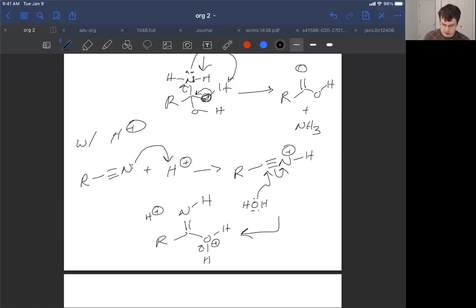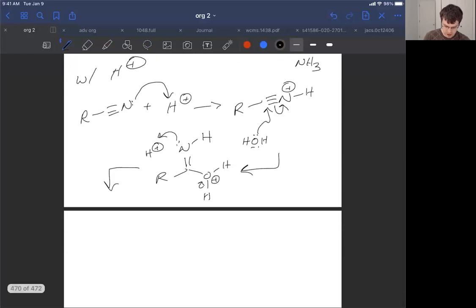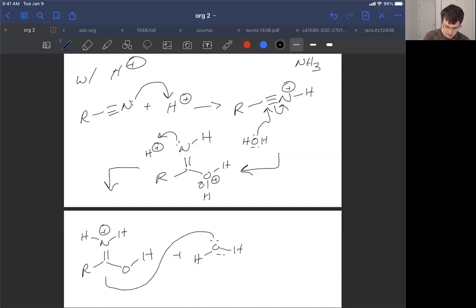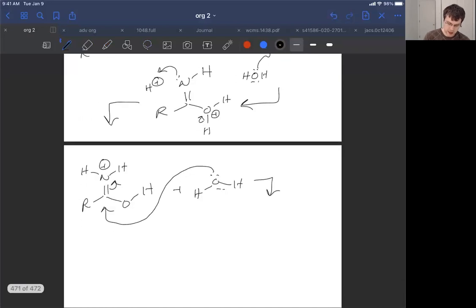And so what I'm going to do is just let the H plus fall off the oxygen. Then I'm going to protonate the nitrogen of our imine just to speed through this mechanism because we've kind of done all this already. So that's going to give us this. And now water is going to add in. So we saw this last time. It's just now everything has an extra hydrogen and an extra positive charge, but we're going to get